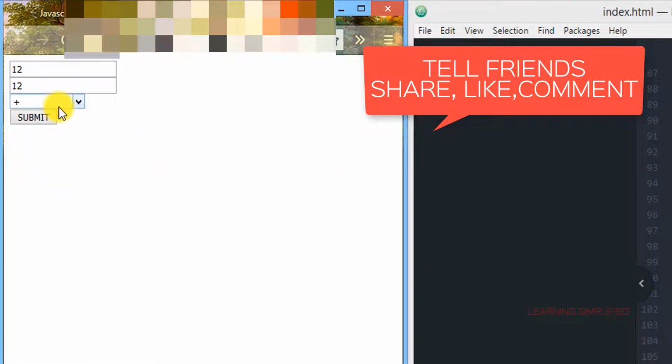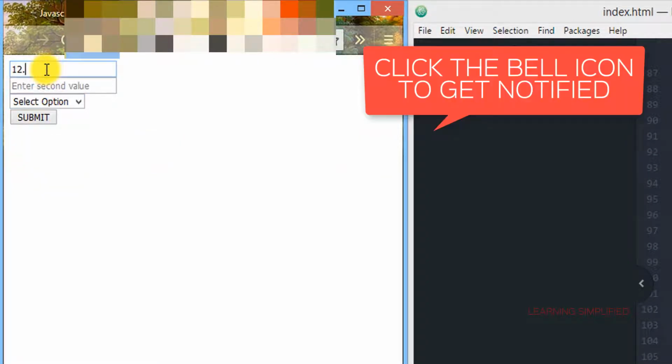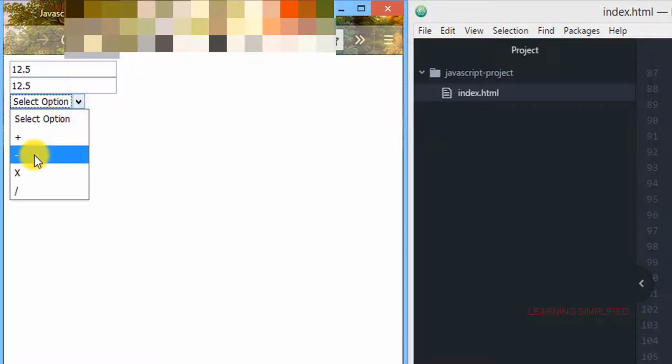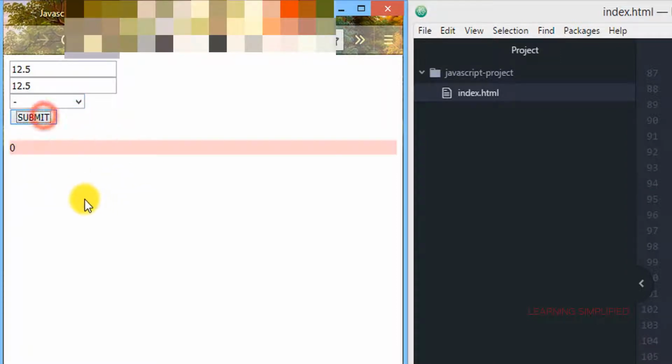If we now provide a decimal value, something like this, and select another option, say minus, and we submit, we can see that here comes the result. That means it is working both for integer numbers and for decimal numbers.